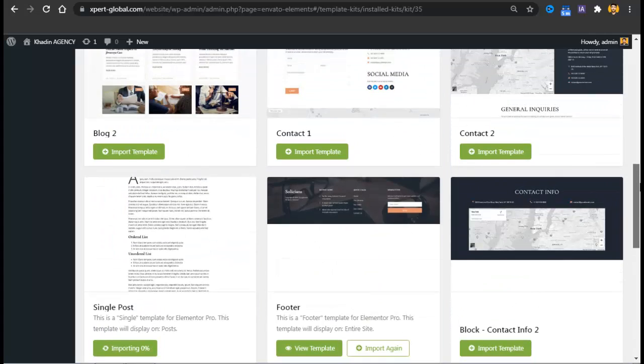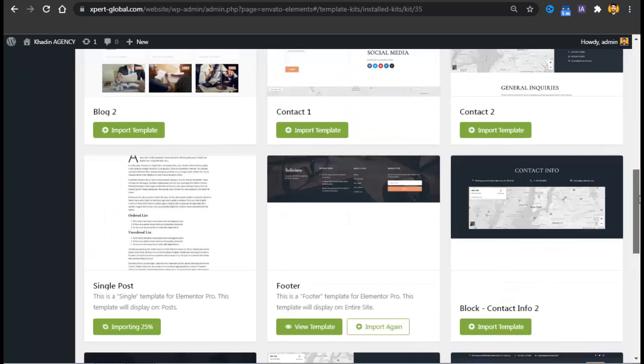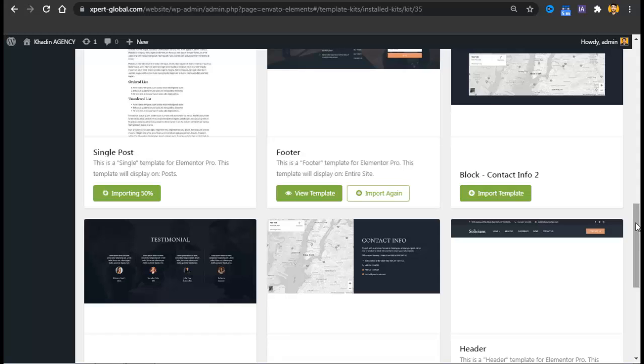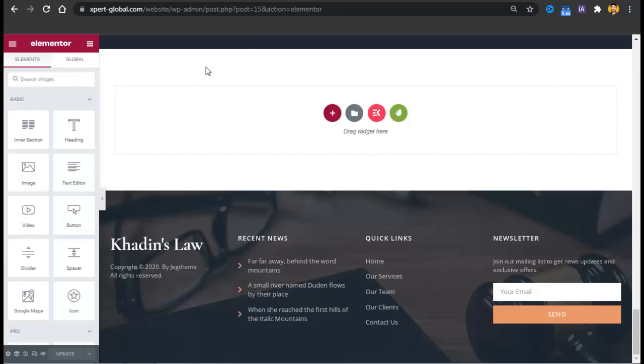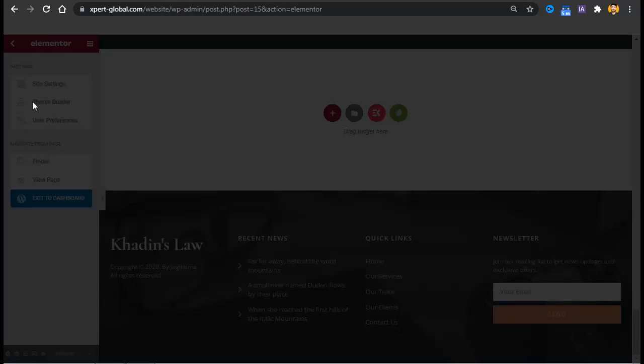Blog 1 is imported and the single post is getting imported. You just have to import these two, and after they are imported, go to Theme Builder again with the same process.